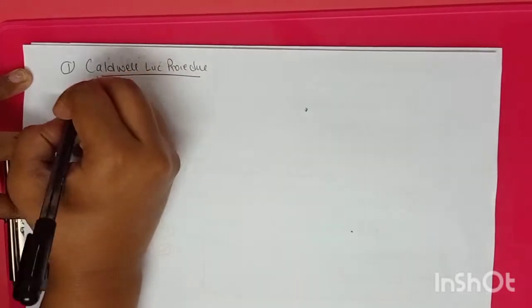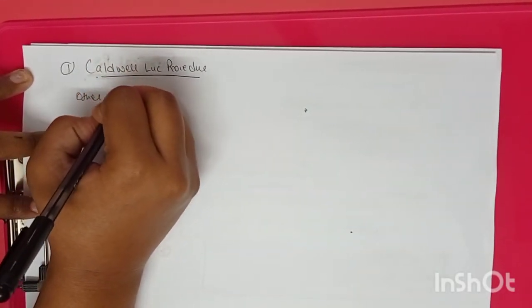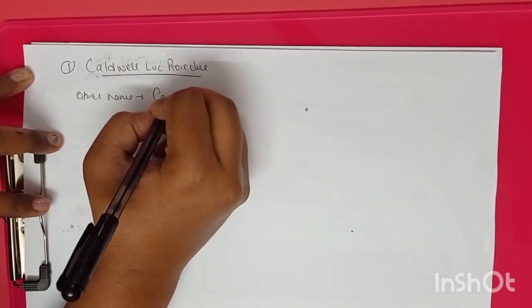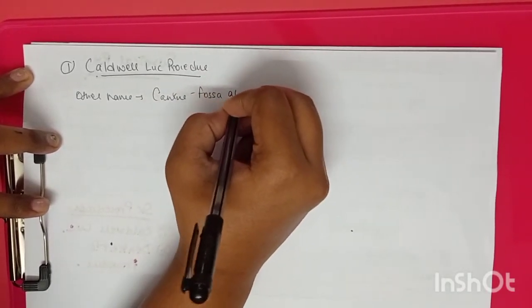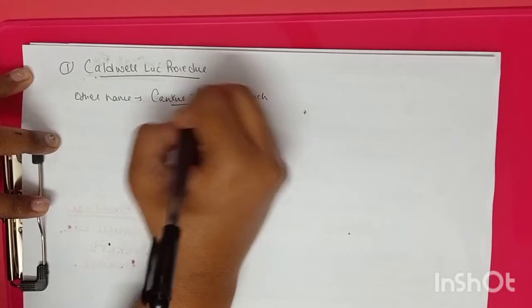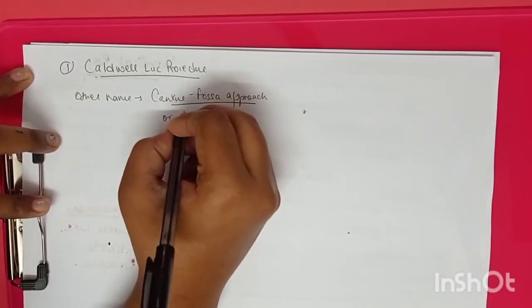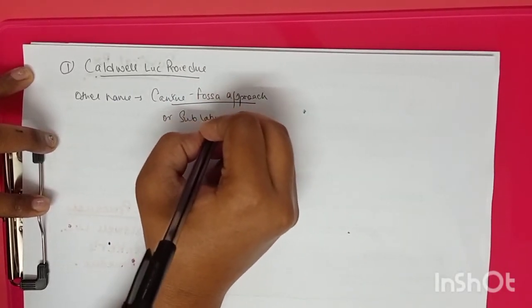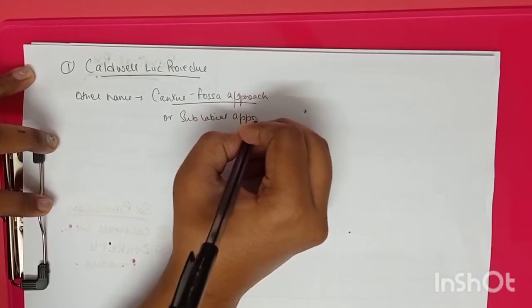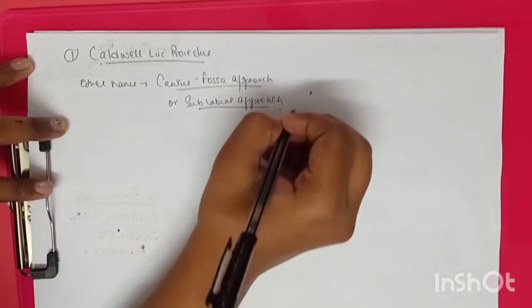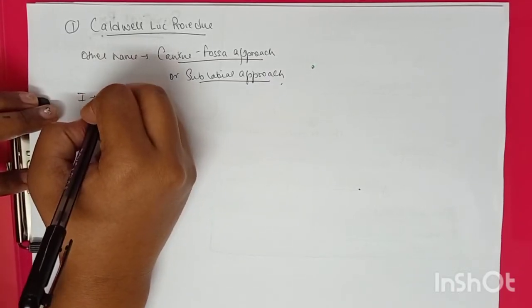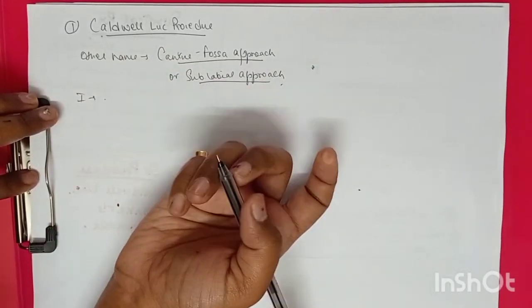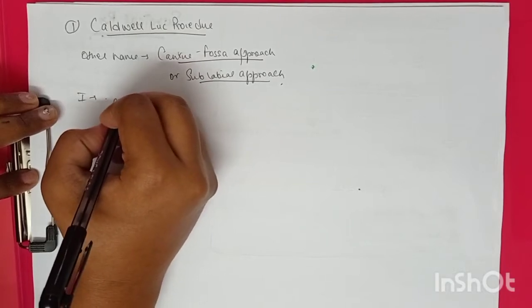Other names for this procedure are canine fossa technique, canine fossa approach, or we can say it as sublabial approach. And the indications are same, that it is to remove a chronically inflamed maxillary sinus,